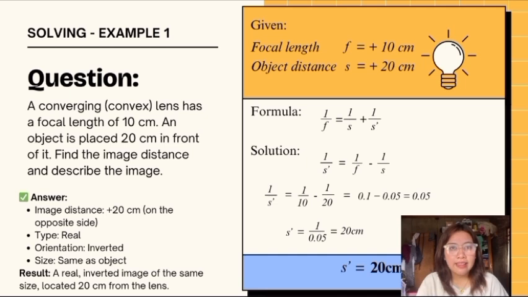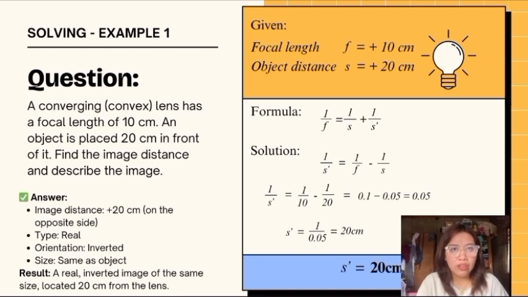So we subtract that and we get 0.05. Therefore, s prime equals 1 over 0.05, which is 20 centimeters. The image is formed 20 centimeters on the other side of the lens. Since s prime is positive, the image is real, inverted, and the same size as the object because the object